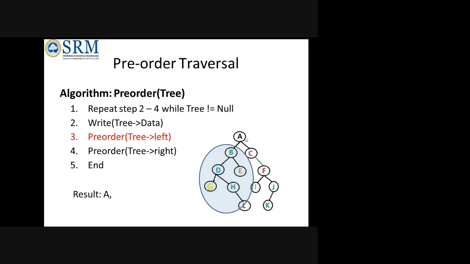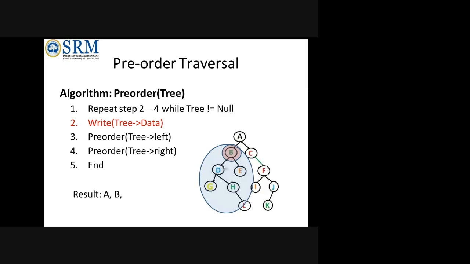So when it comes to A, this whole part will be taken as your left child. But when it is taken as a left child, immediately B will be checked whether it has a left and right. Once it has left and right, for this subtree, this is the root. So B will be printed next. Now when B is printed, it will come to D next, because the next left has to be taken. Now B is the data part. Data here means root. So now D is taken.